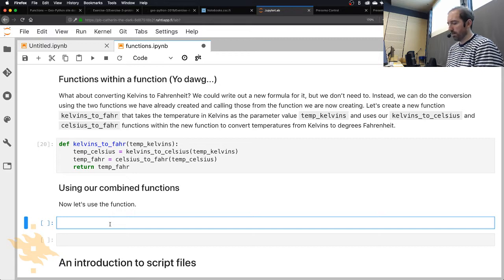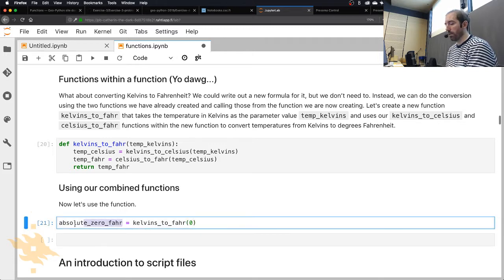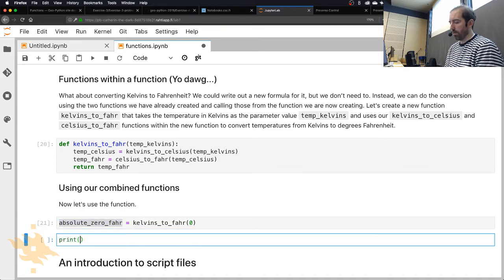And let's now make an absolute 0 Fahrenheit. That's just going to be the value when we do kelvins to Fahrenheit of 0, right? So 0 kelvins converted to Fahrenheit. We run that. We don't get any output because we've converted the value and stored it in the variable absolute 0 var. And now we'll do like we did before: print out something that says absolute 0 in Fahrenheit